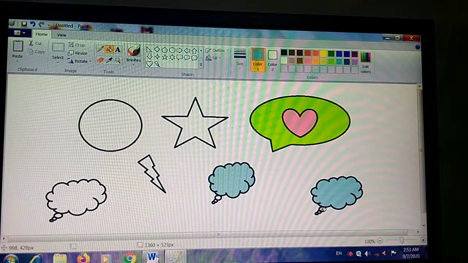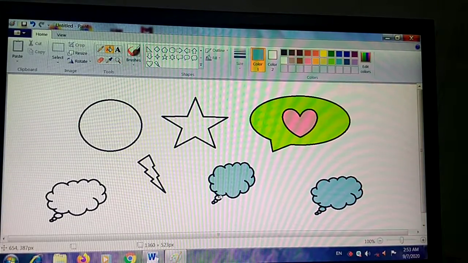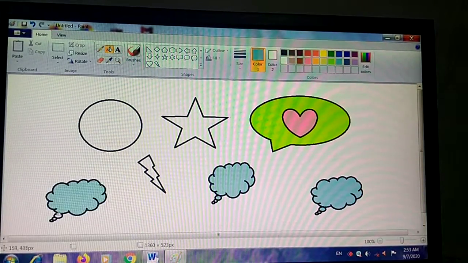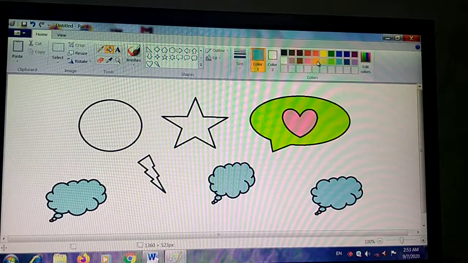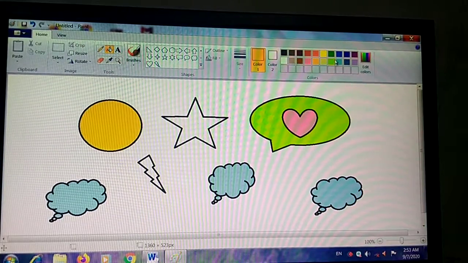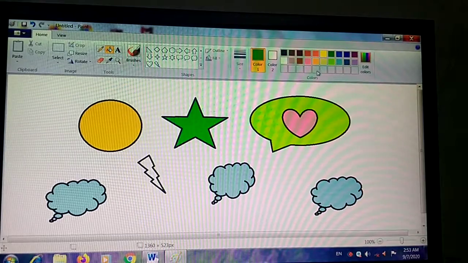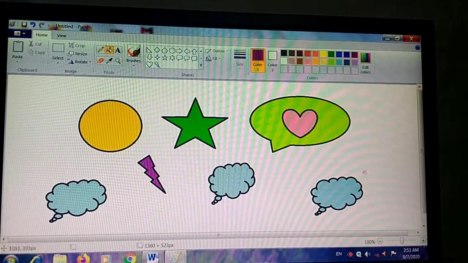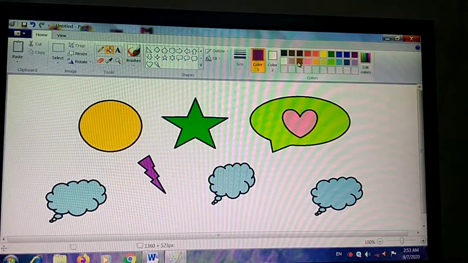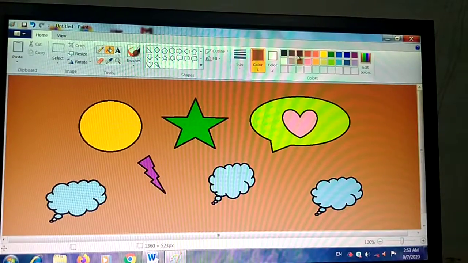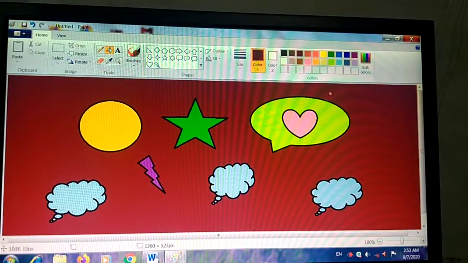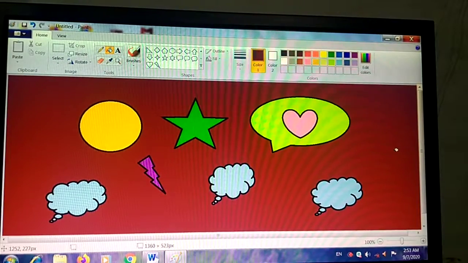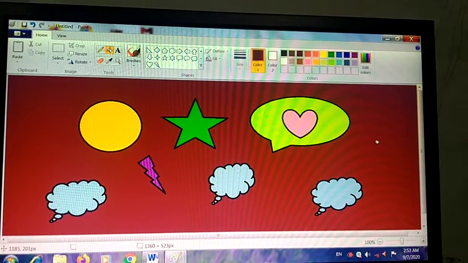You can see how the pictures are being colored here by using different colors. This is the way you can color. If you want to color your background, then select a color from here and you can color in many different colors. This is a very attractive color, so I have selected a dark red.